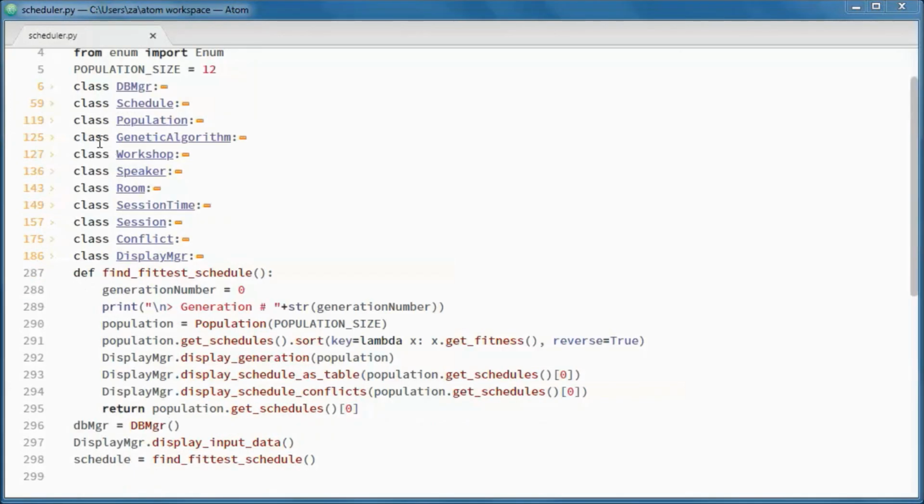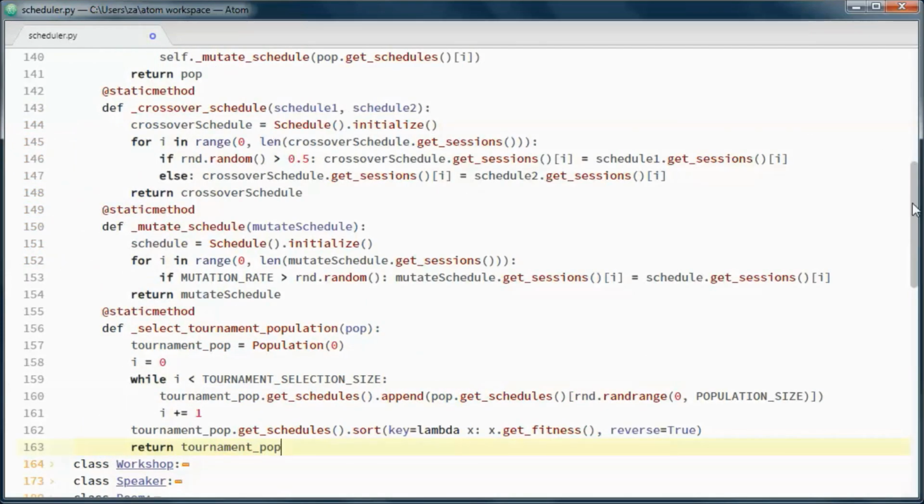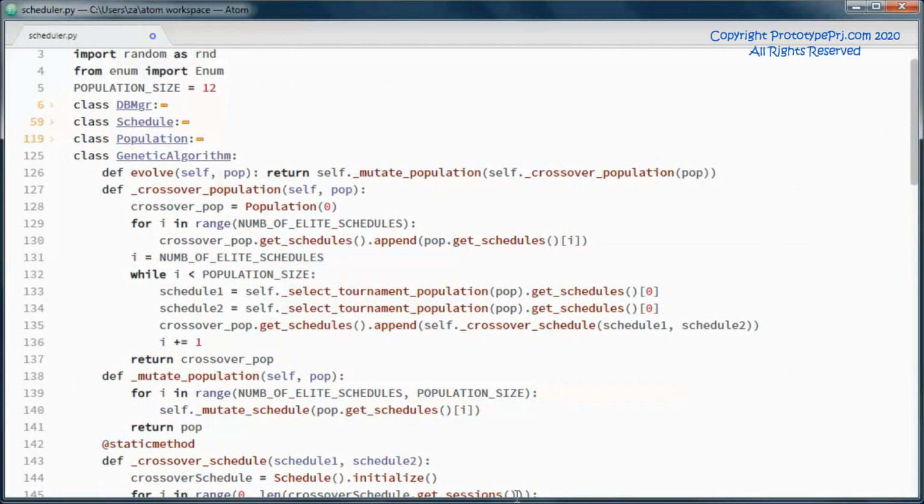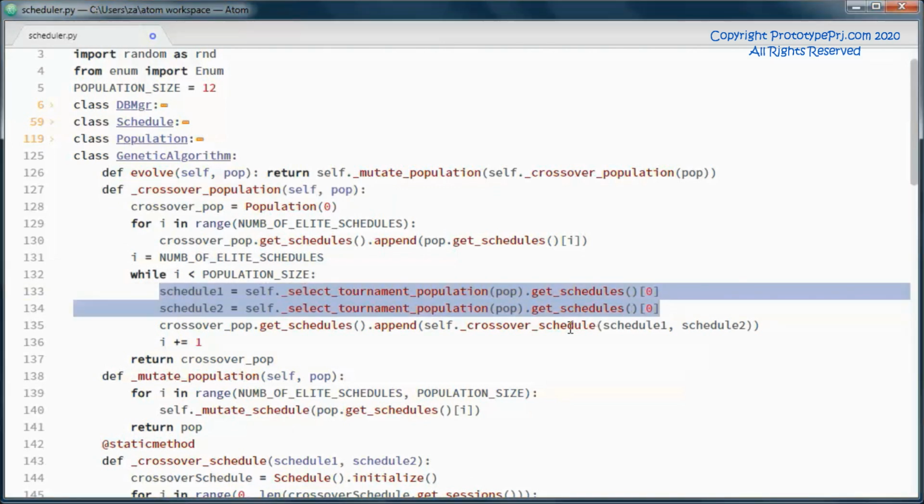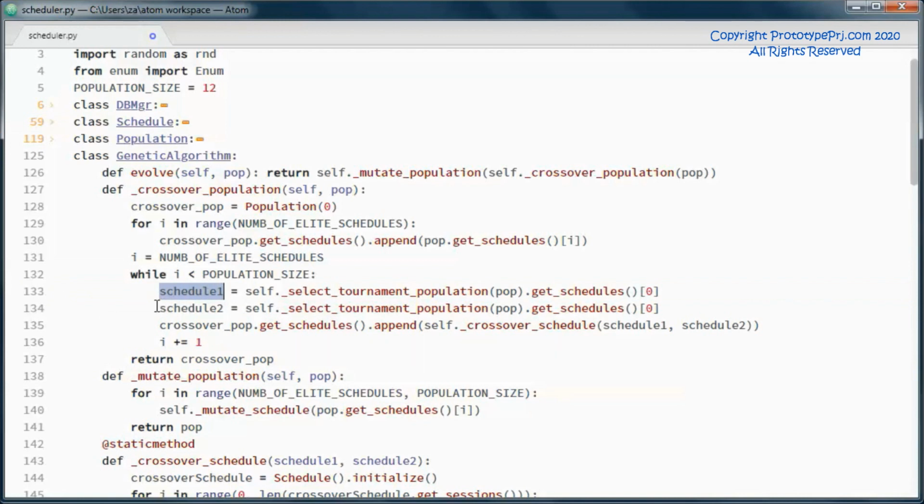And let's add the logic here. So this method does crossover on all schedules in the population, and it uses tournament selection in order to select 2 schedules to do crossover on.